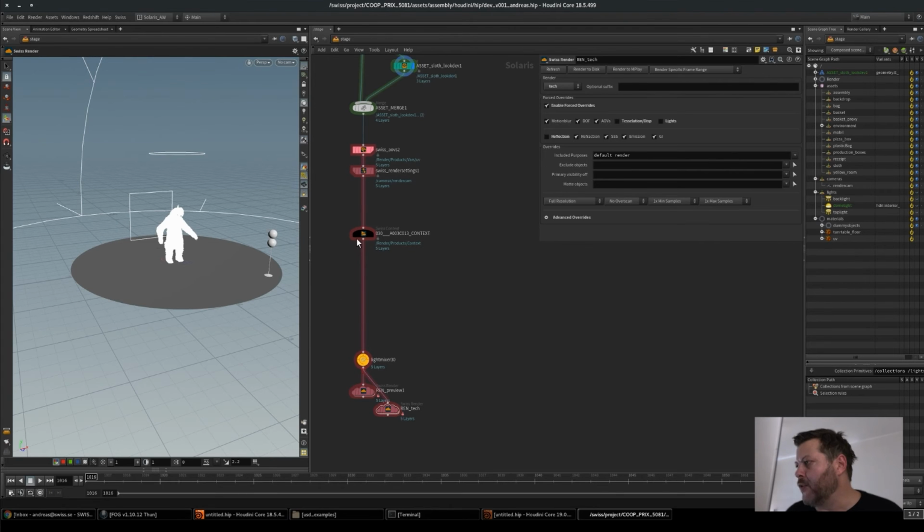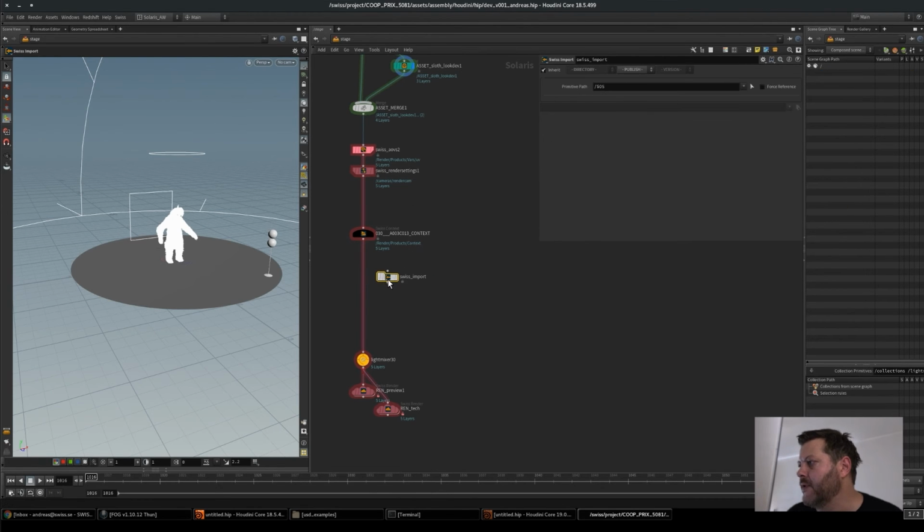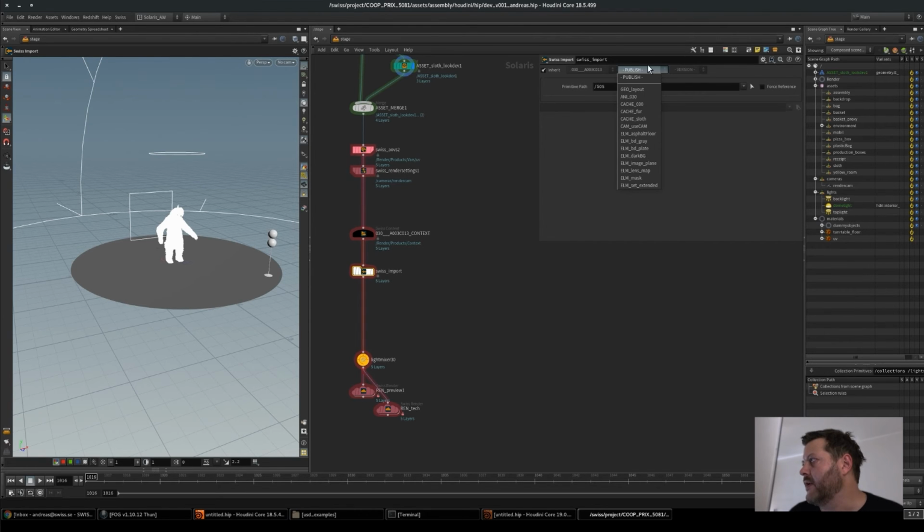And so for importing and stuff like that, we have the Swiss import. And the Swiss import is pretty much the same thing. It will inherit from the context as for that shot, and now it will look for shots or publishes from that thing, and then you just kind of select. And like always, you need to connect the prim path to whatever it is you're importing. So if we are importing the cache for the slot here,